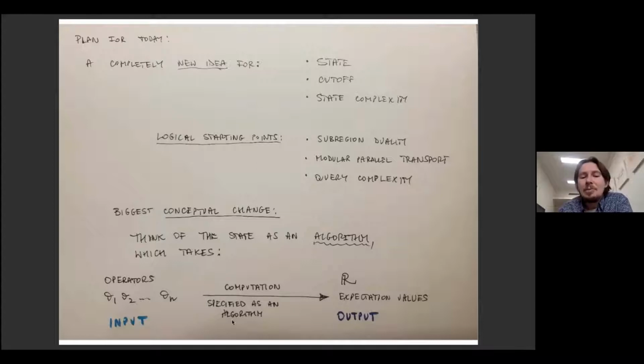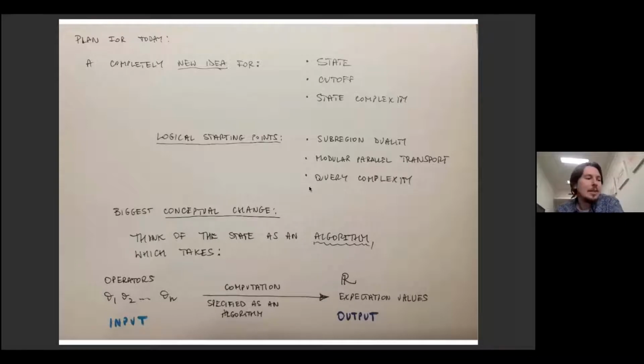And then I will be asking if my state in mapping operators to real numbers, which are their expectation values, if I am told to carry out a certain computation, to carry out a certain algorithm, how many times I will be using a certain subroutine in that algorithm. And that is query complexity. So my next goal in the talk is to tell you about how to think about a state as an algorithm. And then the notion of query complexity will become applicable, and then we'll see where we go from there. Are there any questions about that?